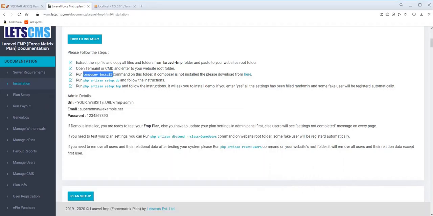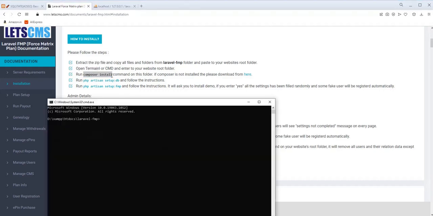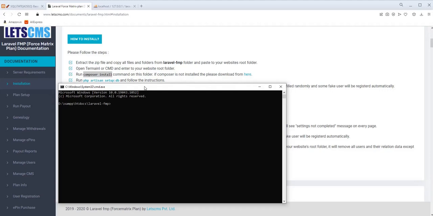Now we need to run the command composer install. By that, all the needed packages will be installed automatically, because we did not include the vendor packages in the application zip file. So you need to install them with the composer command.